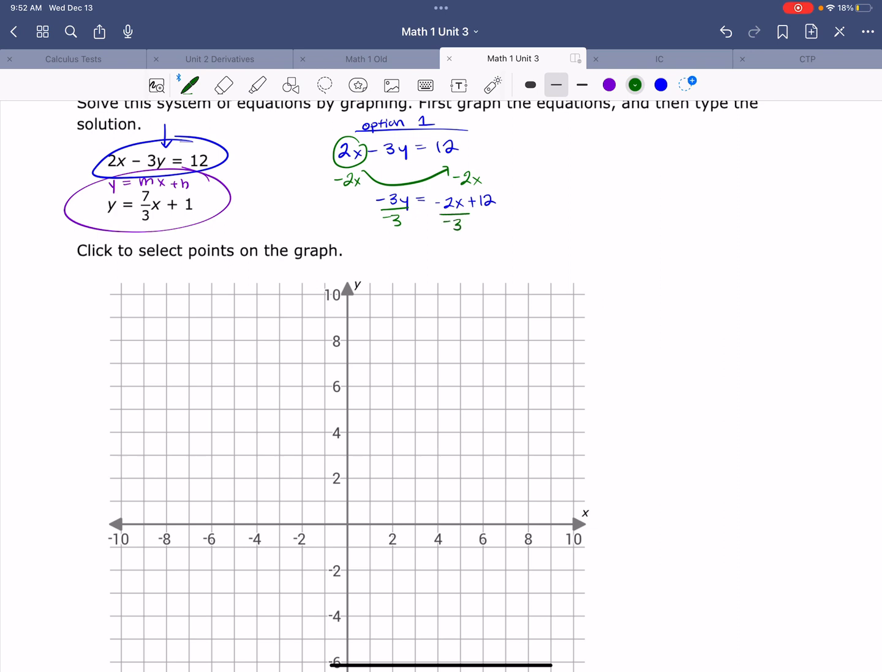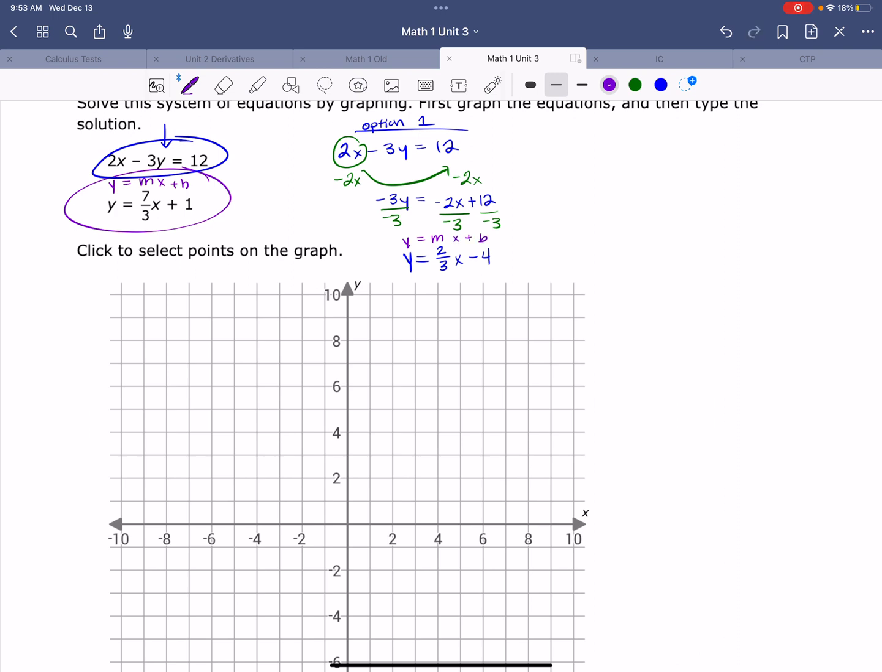So I divide this term by -3, and I divide this term by -3, which gives me y equals this -2 divided by -3, which is 2/3 x minus, and then 12 divided by -3 is that -4. So now I have my slope-intercept form, y equals mx plus b. If you like to move terms around using your opposite operations, then use option 1. I personally like